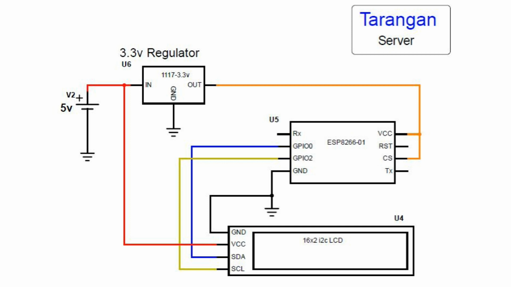Next is the server or access point, a module which creates a hotspot, and other station points connect to this module. The server receives raw sensor data from station points via HTTP protocol. Then it processes that data and displays it on a 16:2 LCD. In this circuit, an I2C display is used because an I2C display requires only 2 pins, SDA and SCL.